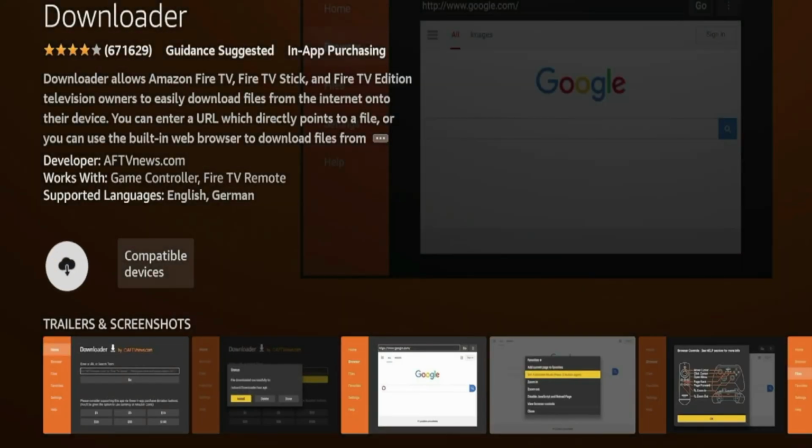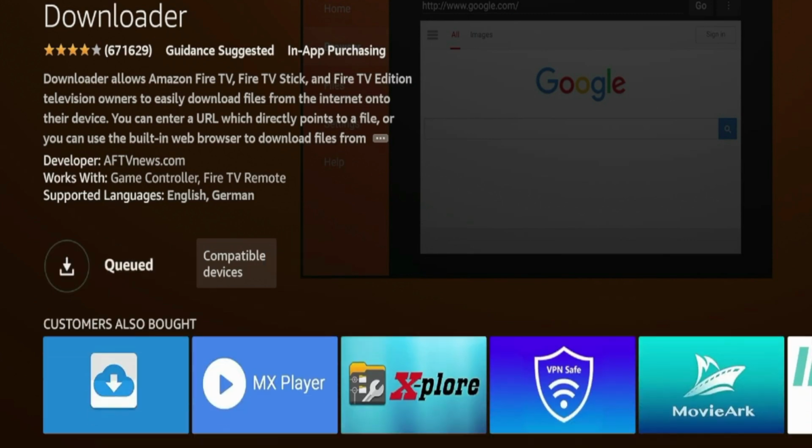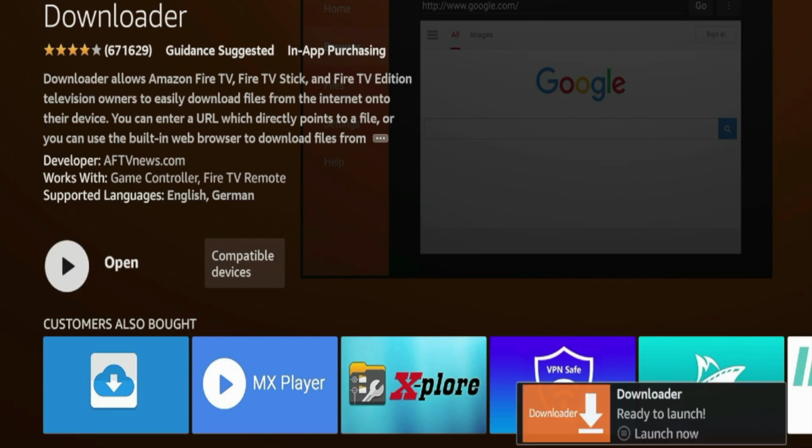So I'm going to go ahead and click that. And this will take you to the Downloader installation page. Click Download, and then wait a few seconds for Downloader to install on your Fire Stick. All right, after the Downloader app has been installed, go ahead and click the home button on your remote, and